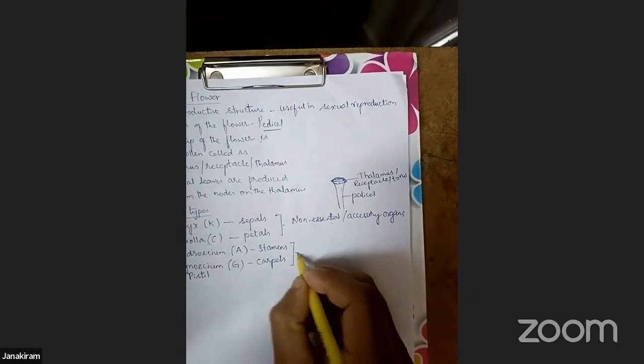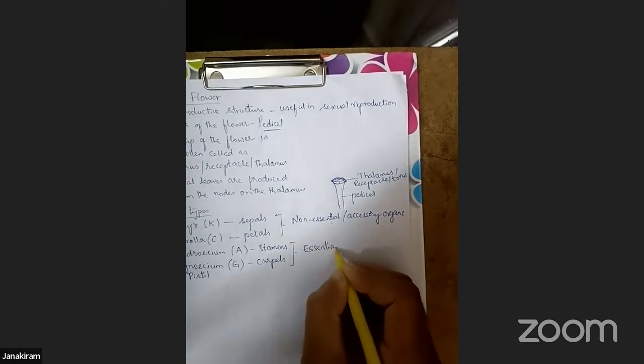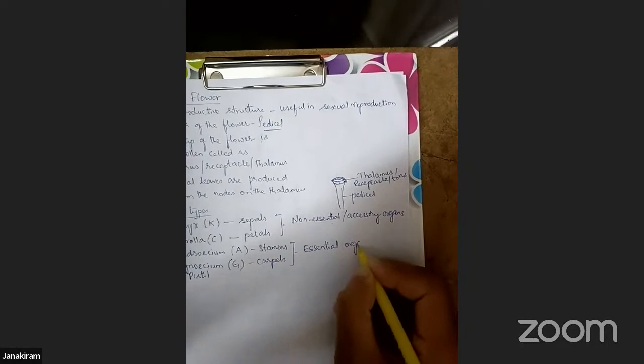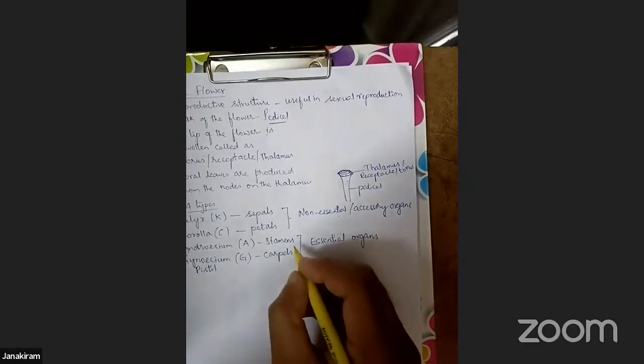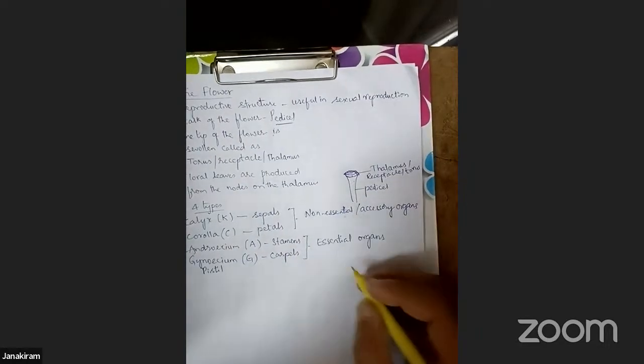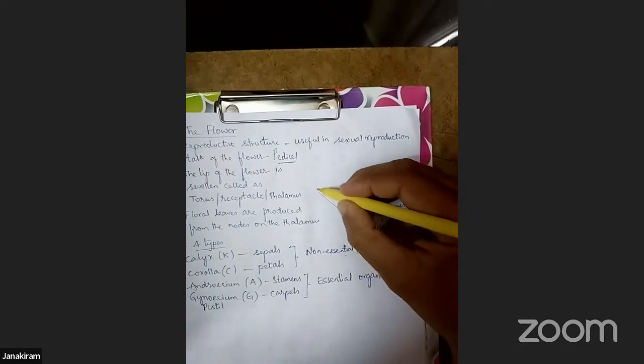Whereas androecium and gynoecium are called essential organs. Why? Because these are directly useful in the reproductive process. That's why these are called essential organs. And here, stamens are called male reproductive organs, and carpels are called female reproductive organs. Okay. So here, the calyx or the sepals will be formed on the outermost